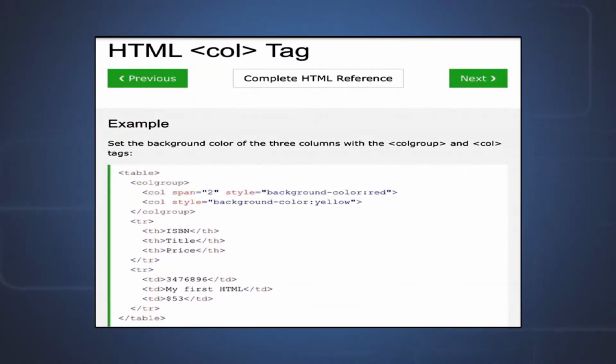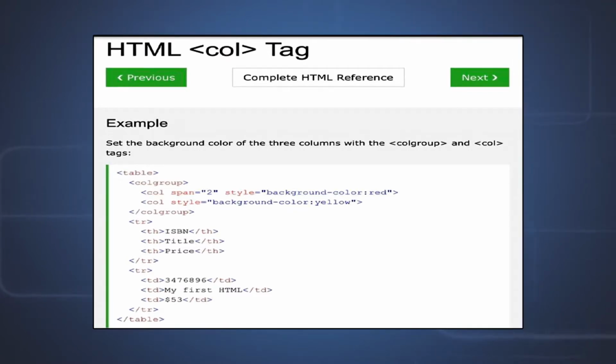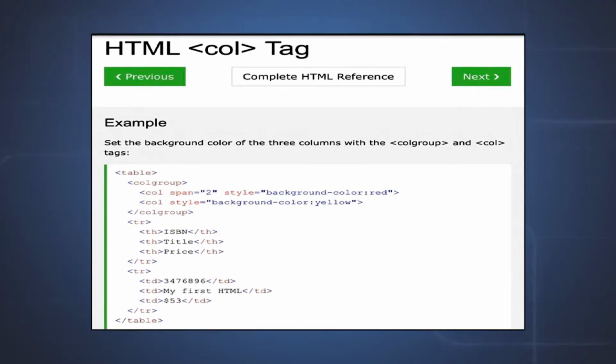Let us see the tags COLGROUP and COL. Suppose we have to set the background color of 3 columns, then let us use the COLGROUP and COL tags. Let me say we have to create a table, and in the table we will have columns, and in those columns we will have colors. So some cells will have a particular color, some other cells will have different colors. So here when we are saying a collection of columns, let me say suppose there are 3 columns, then